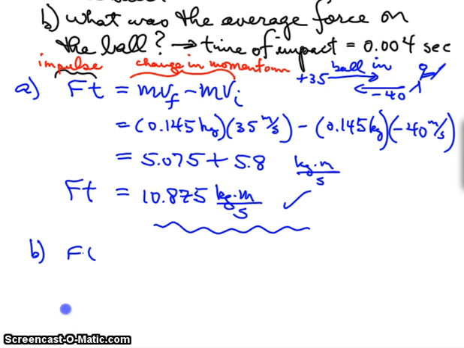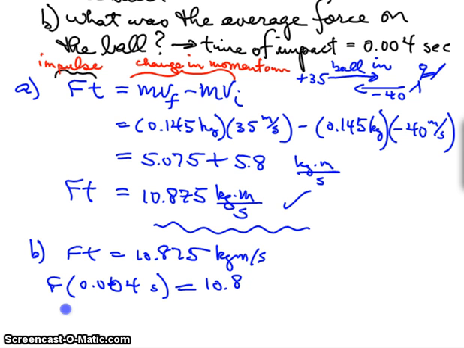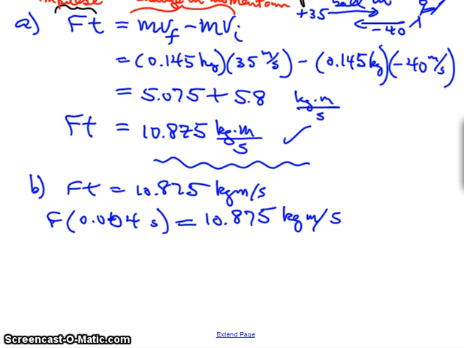I now know that the impulse equals 10.875 kilogram meters per second. I know the time is now 0.004 seconds, which is 10.875 kilogram meter per second. And I'm going to divide to get the force. It's going to be 10.875 divided by 0.004. And the units are going to be kilogram meters per second,